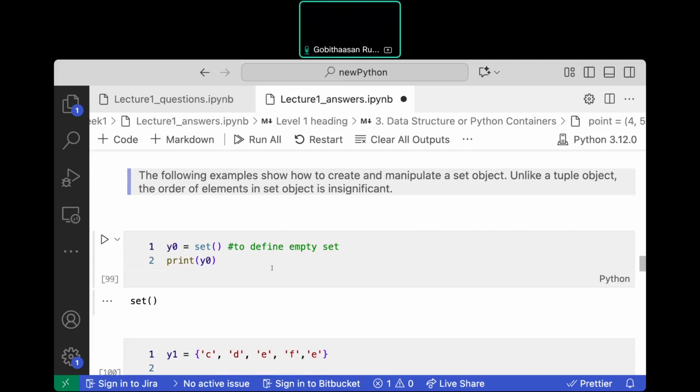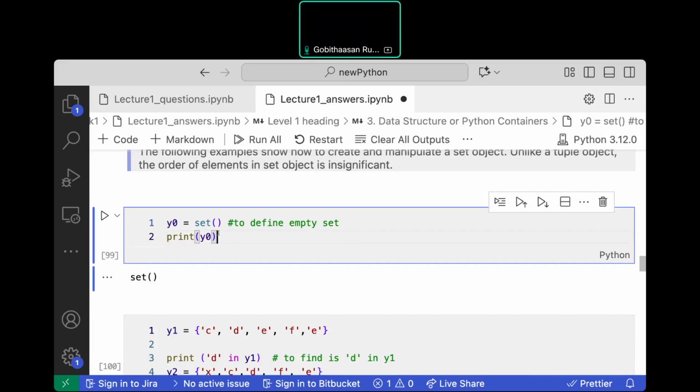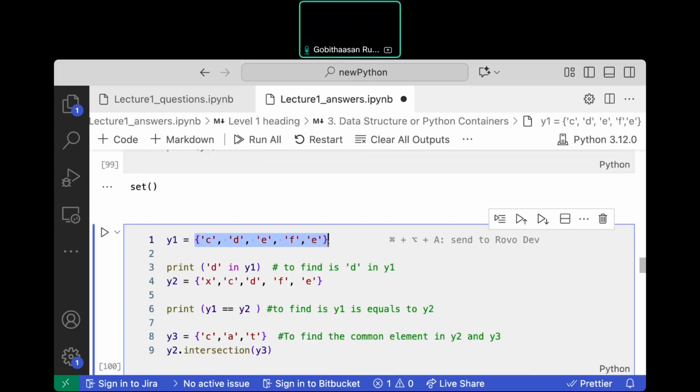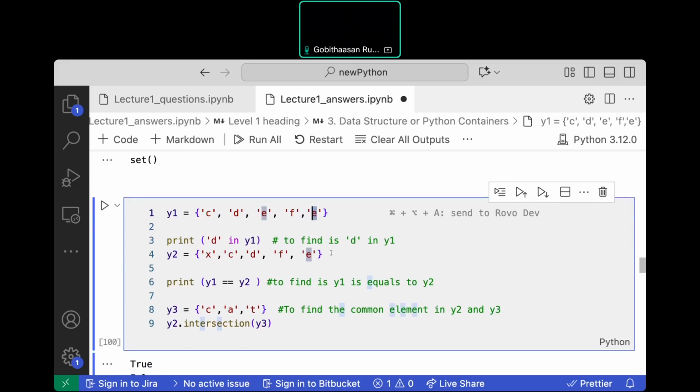Now we have a set. Create a set. In mathematics, you teach students sets, right? A mathematician created Python, so the set works similarly. For example, this is a set. This set has C, D, E, F, and E. So E appears twice, right? 2 times E. If you print Y1,